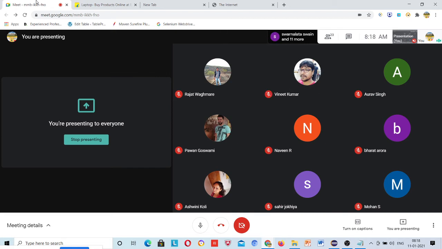Suppose it is not loaded in 20 seconds, then what? Then it is going to throw an exception, element not found. If I open the website and the explicit wait timing is 20 seconds, but the website is still loading after 20 seconds, then after 20 seconds it will throw the exception that you have instructed it to throw. So what people normally do is increase the time.